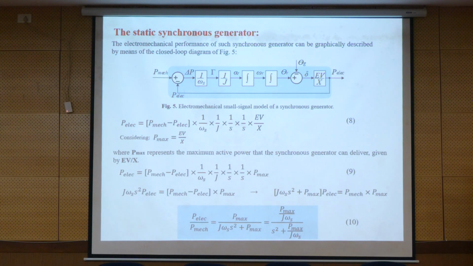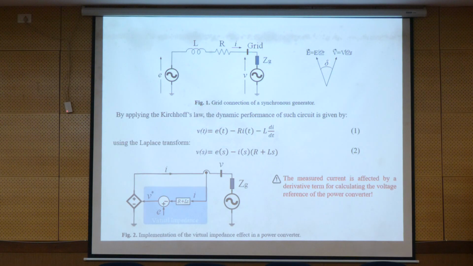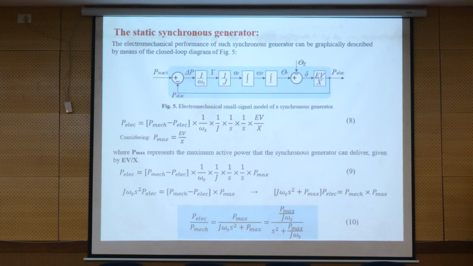So what we need is omega. The difference between omega, what we need is the theta G, grid. The difference between these is the delta, which we discussed at the beginning of the year. So delta times 2 E V over X is P electric. So we can calculate the electric power by this. Then